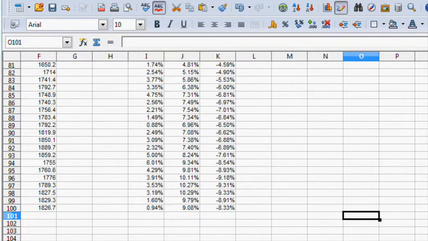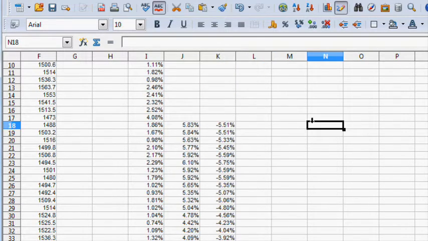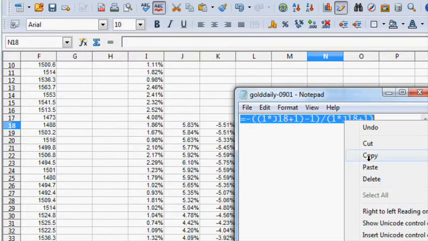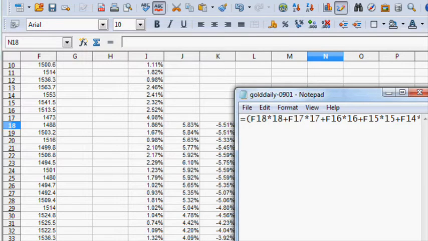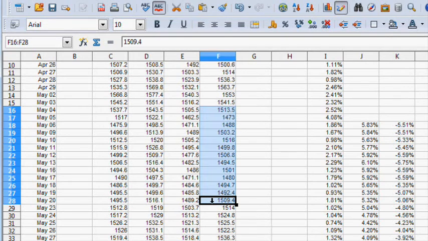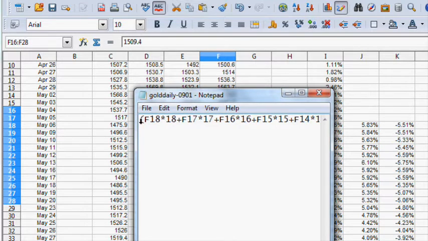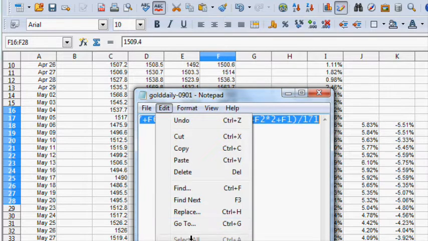Now what we're going to do is the front-weighted average for the highs, the lows, and the close. And for this, I'm going to use column N. And the formula for this is F18 star 18, really the same thing as I was doing for the averages. Now column F happens to be where the closes are. And we can see that this is column F. Therefore, we will take this in here, we'll select it all, and again paste this